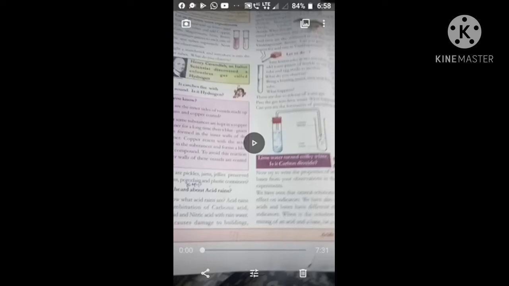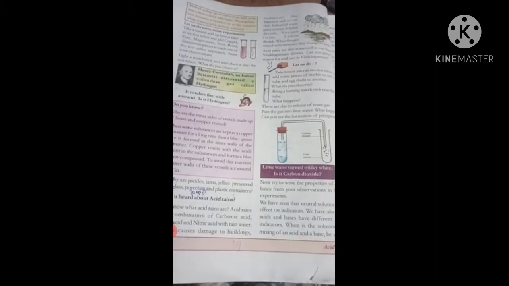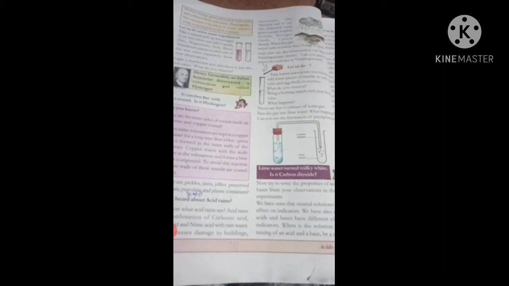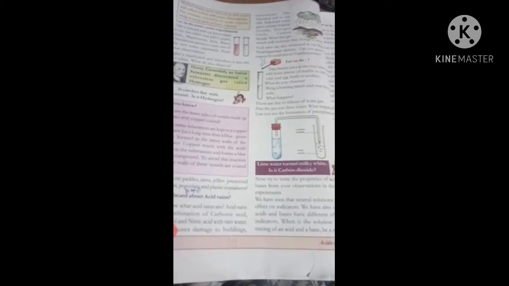Good morning everyone. Today we are going to learn about the second chapter in 7th class science, acids and bases, the remaining section. Already we discussed the nature of acids, the nature of bases, the nature of neutral substances, and how we test whether something is acid, base or neutral by using the pH value, in the last class. Now we are going to discuss some more experiments on how to identify acids and bases.